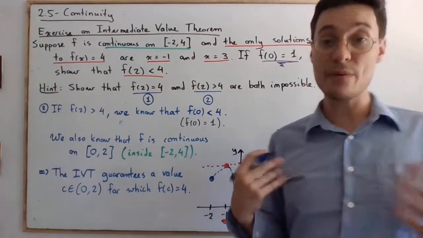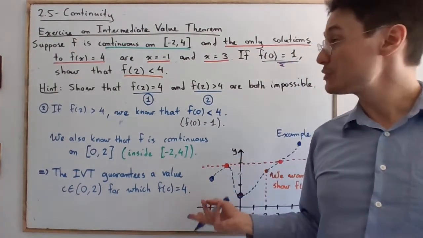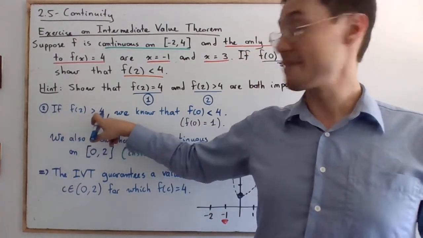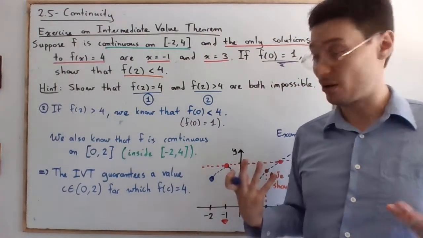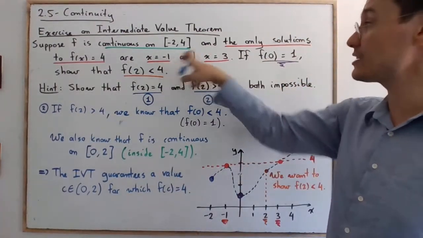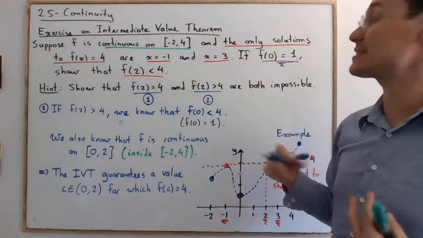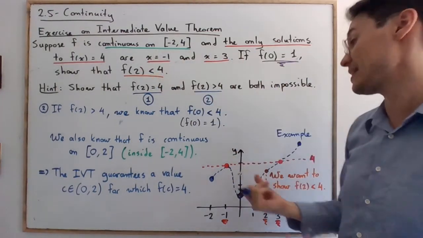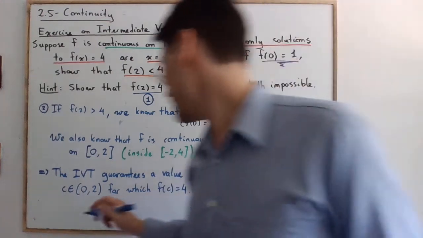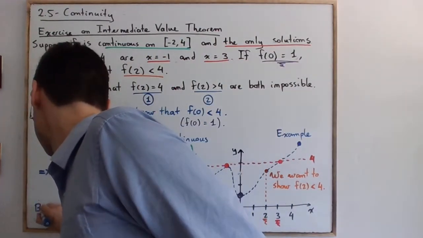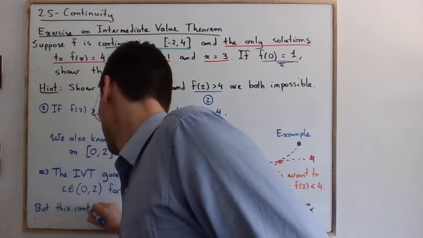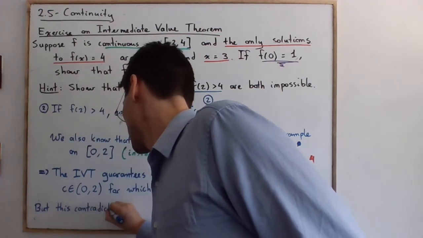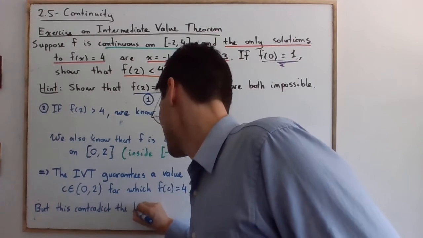Okay, so that is guaranteed by the intermediate value theorem. And this is true, of course, if f of 2 is greater than 4. However, it turns out to be false because, again, it contradicts the red statement that the only two solutions are -1 and 3. Okay, but this contradicts the hypothesis again